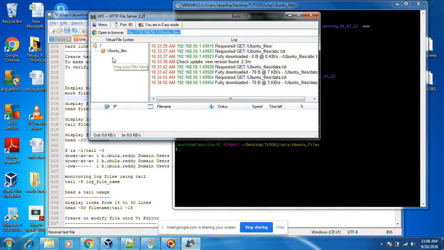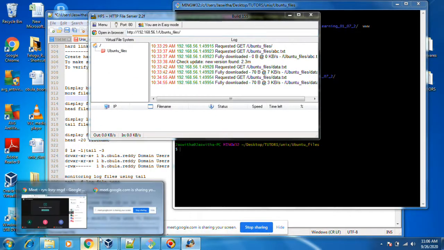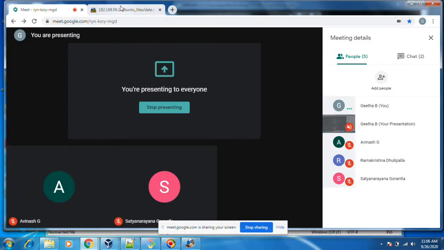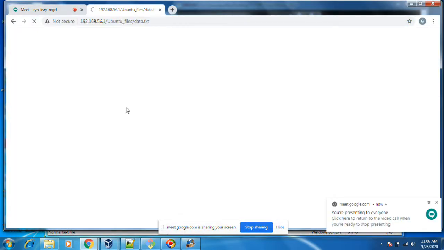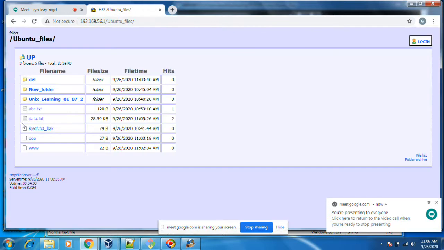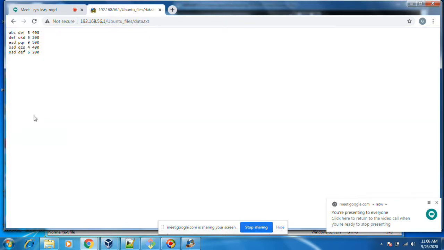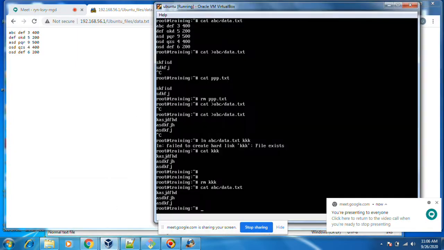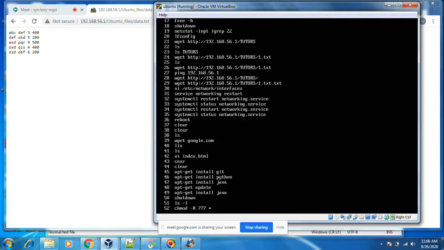Okay, let's download this file to there. I want to display how many commands, what commands I have run till now, that means history will show how many commands I ran till now.